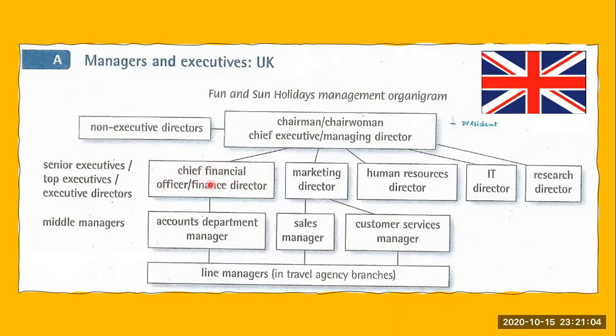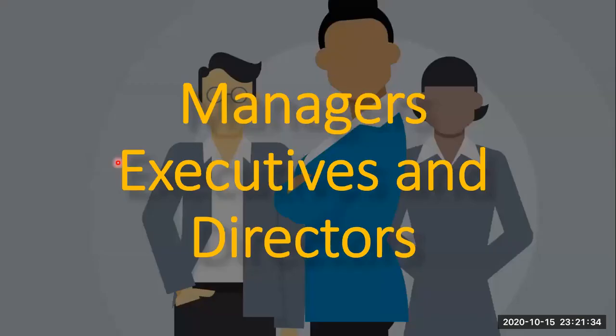Well, here, all these directors that we have here, maybe more if it's another company with other departments, or maybe less in case a company doesn't have any of these departments. All this line of directors, we call them senior executives or top executives or executive directors. So the key word here is executives. You see what I was talking about in the beginning, like the difference between managers, executives, and directors?